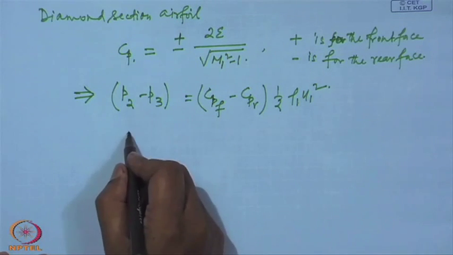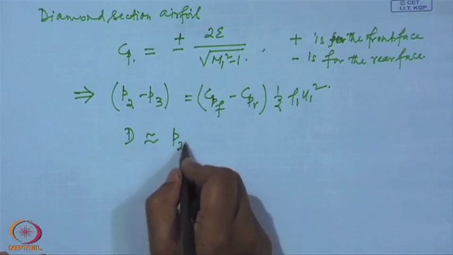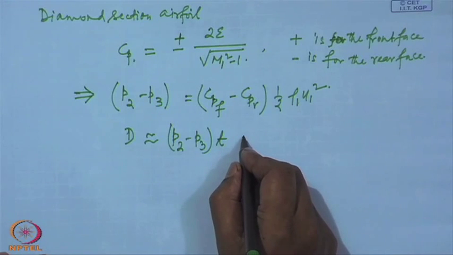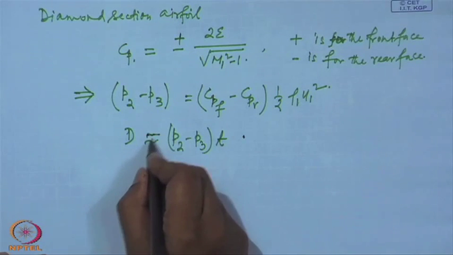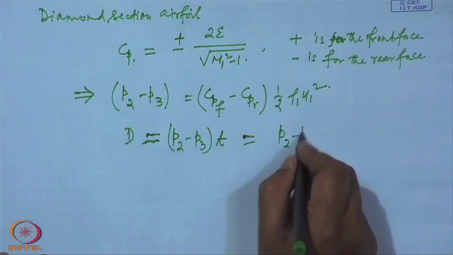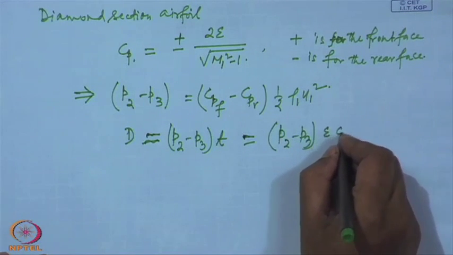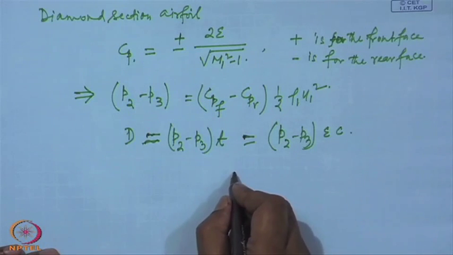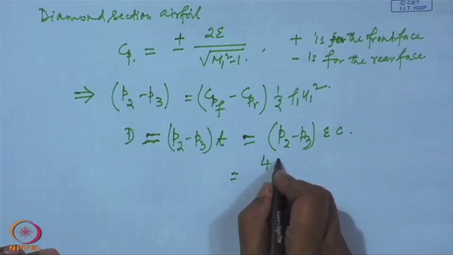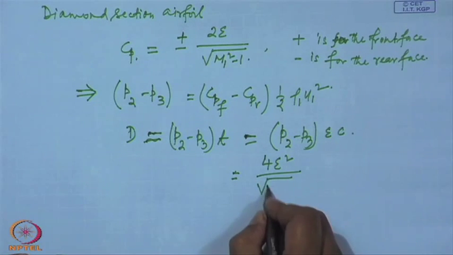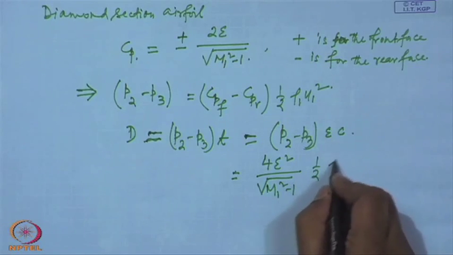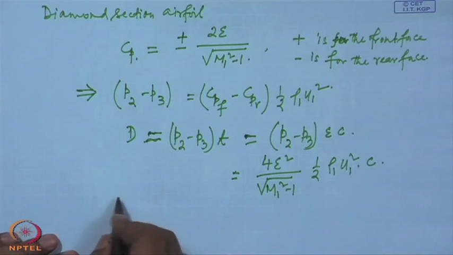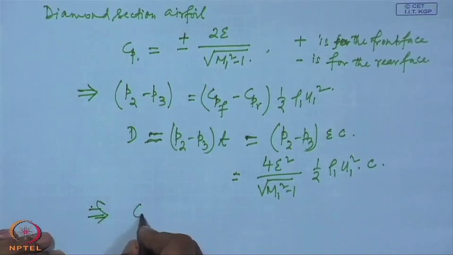and using the formula that I have derived earlier, the drag is approximately P 2 minus P 3 into T, which is P 2 minus P 3, and this T can be expressed in terms of epsilon into C, and substituting these pressure coefficients, this becomes 4 epsilon square by root over M1 square minus 1 into half rho 1 u1 square into C, and this implies C d equal to